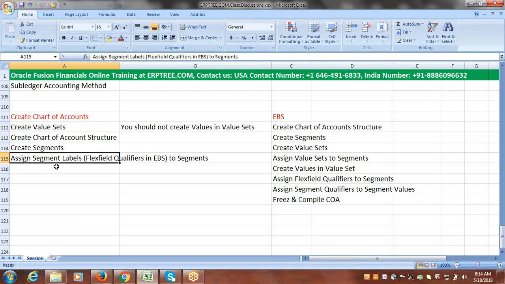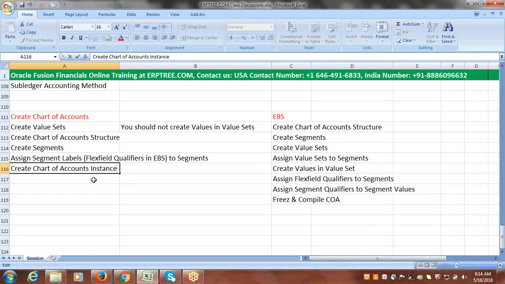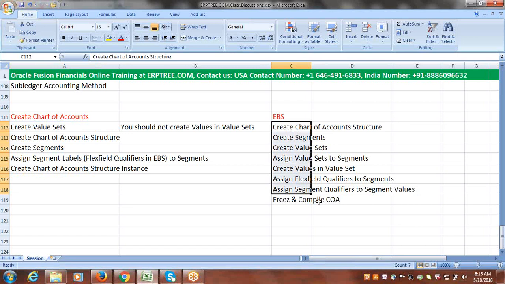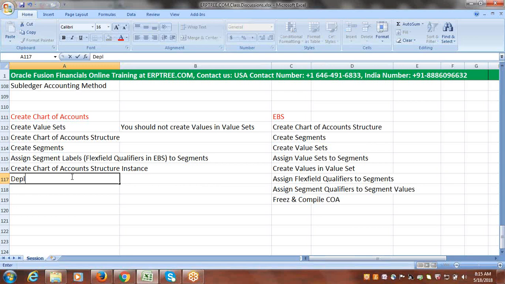After assigning the segment labels to segments, we have to create the chart of accounts instance. We'll discuss what is the meaning of instance. After creating the chart of account structure instance, in case of EBS, after completing the entire configuration of chart of account, we freeze and compile. Equal to compile, in Fusion we have a deployment. We have to deploy